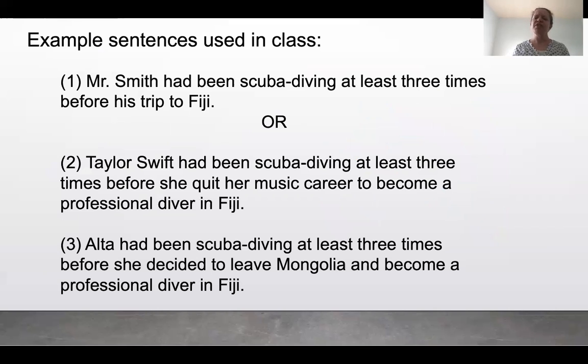First of all, I've talked several times in the past 2 workshops about the idea of the kinds of examples we use in class. So I wanted to briefly give you an example of this. This is a really simple thing you can do to make your grammar class more student-centered. Instead of using a generic example from the book with a generic name like Mr. Smith, we can make our sentences more personal, either by using the names of celebrities like Taylor Swift, with whom